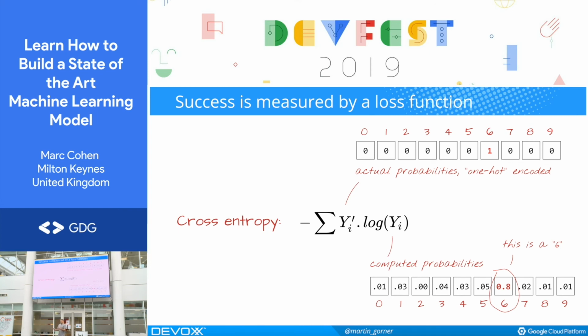Now, it's pretty obvious how close it was when you have one example. But what we're doing here is running batches of images, like I showed that stack of 100. Typically, we do 128 images for this kind of problem. And so we send a whole batch through, and the loss function is a mathematical way of saying, for that whole batch of 128 images, how close was the answer?